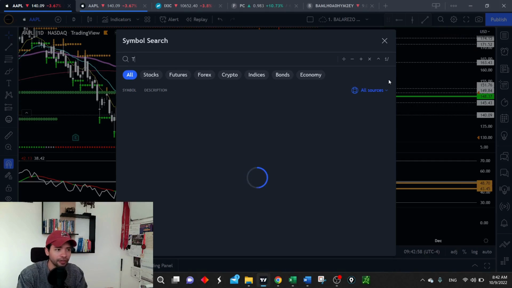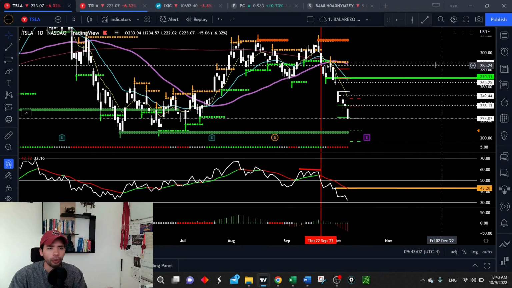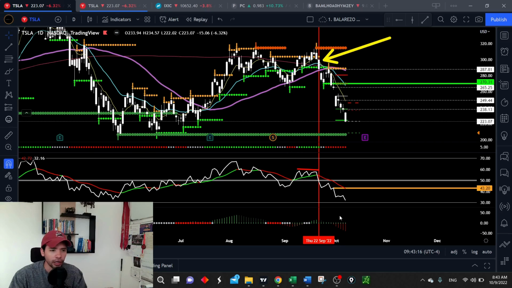And then we can take a look at Tesla. And it's funny because Tesla and Apple were the stocks that were holding up the best, and now they're basically just trading to the downside, right? You can see my indicators in action right here. You can see that I got the sell signal on this candle right here. Why did I get the sell signal? Because we had a break in momentum. You can see that momentum went back below that 50 line. You can see that we had a divergence, momentum going lower, price going higher. That's always a flag